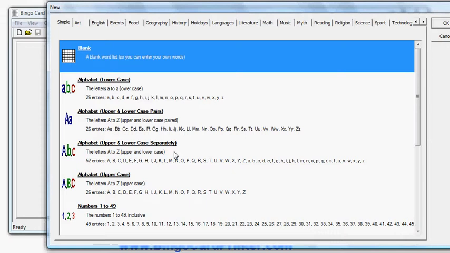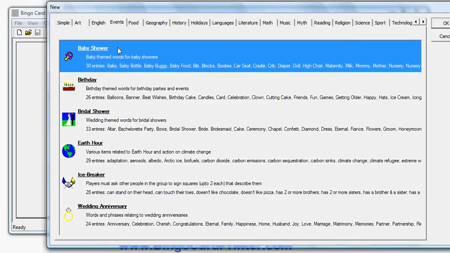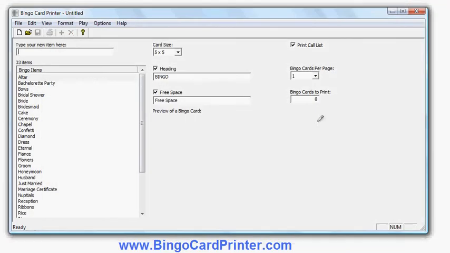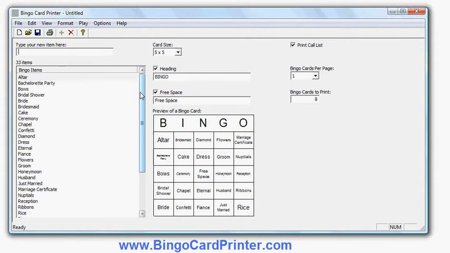like to create. I can choose a blank one, enter my own words, choose alphabet, numbers. I can choose school subjects like English, science, history, geography, math. I can choose holidays, Christmas, Halloween and so forth, but if I go into events, I have baby shower, birthday, bridal shower, earth hour and so forth, and so I want bridal shower, so I click on that item. I either double click it or click on it once and then click OK, and there's my initial bridal shower